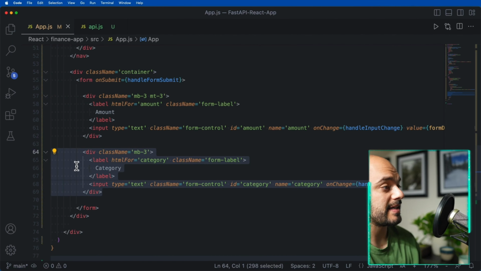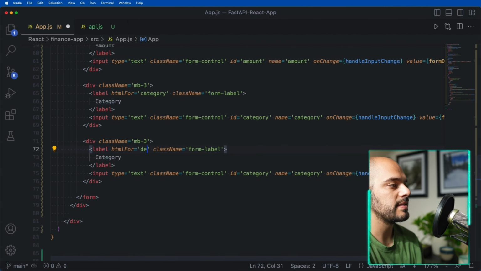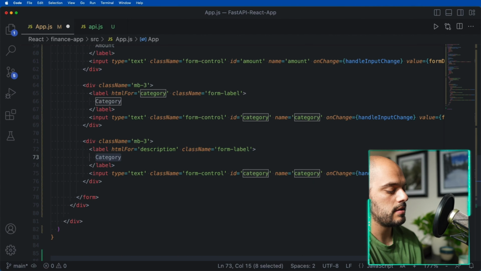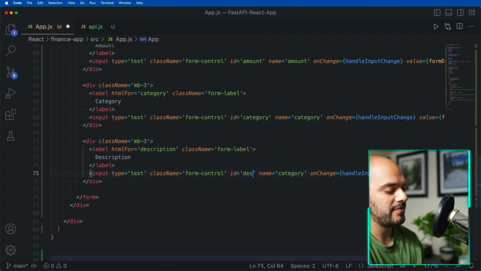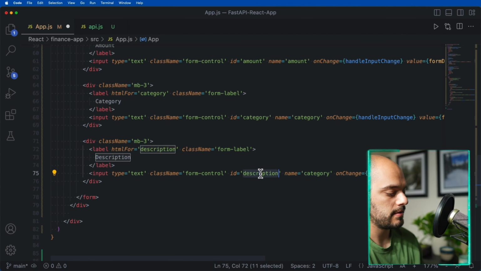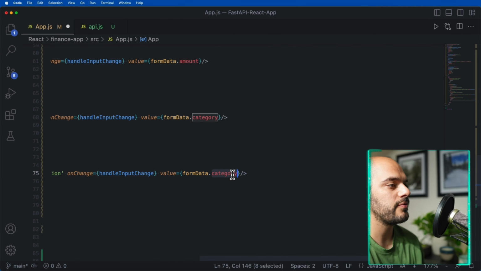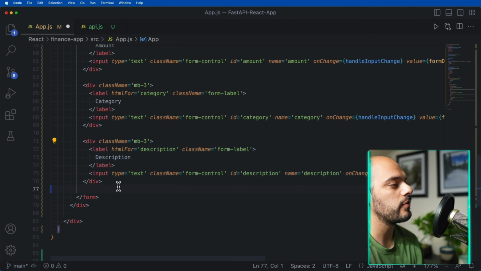We now want to do the exact same thing for our description. We can say for description. We want it to be text. For description, I'm just going to copy and paste this in here. And it's going to be for our formData of description. Let's now do it for our